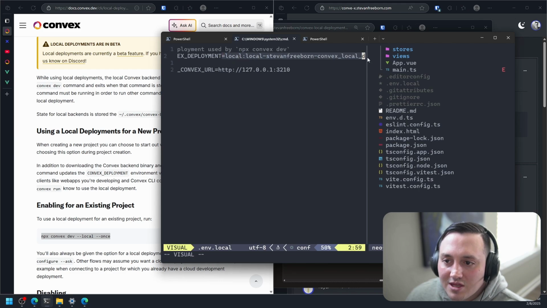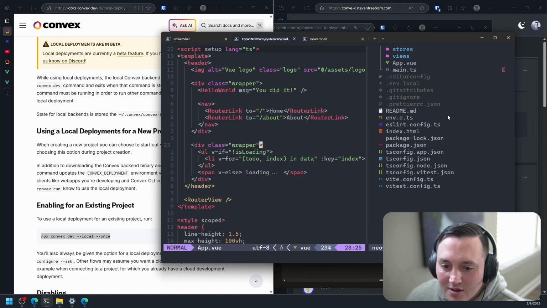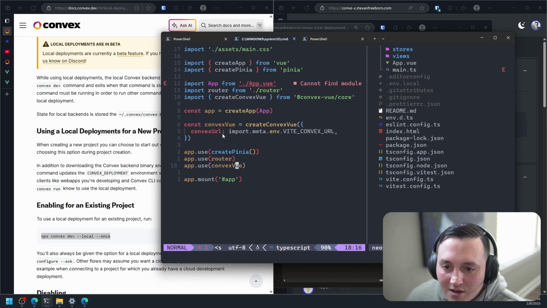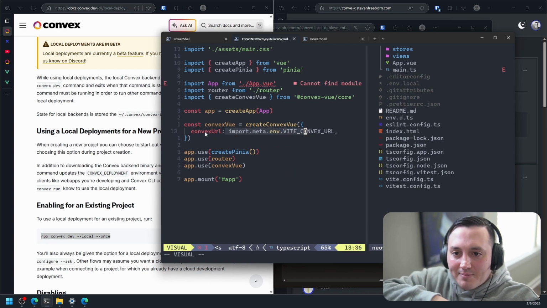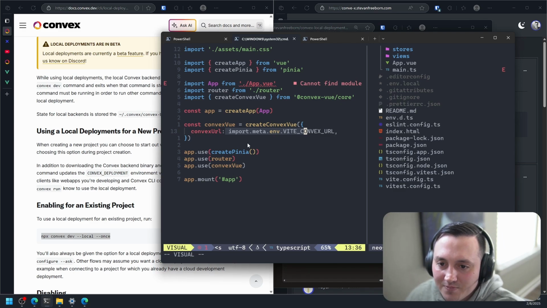And I'm guessing when this is pointing at your cloud, this is a different value. And you can see this is where Convex is going to run on my local machine. It's going to run on port 3210 whenever I start it. And then this URL is what gets passed into my app or my main, which is how it all gets wired up. Right? How my Vue application knows how to talk to whatever Convex backend I'm using.